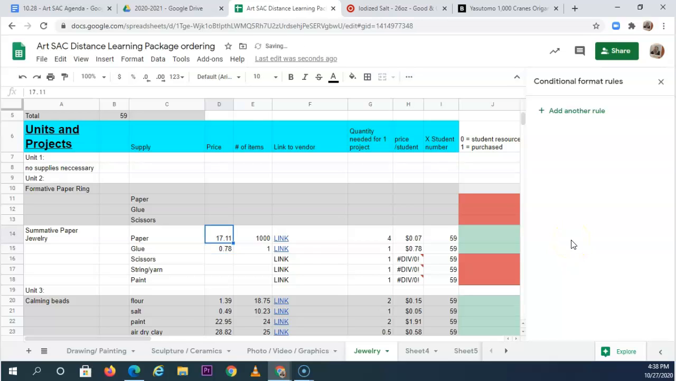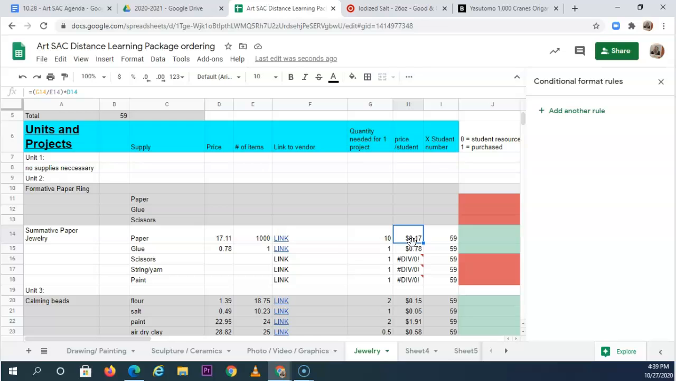Now the thing is, every student is not going to need like 100 sheets. They're probably only going to need about 4 for this project. So I'm going to type in the number of sheets that they need. Let's say I'm feeling generous, I'm going to give them 10. Okay? And so this column, the price per student,